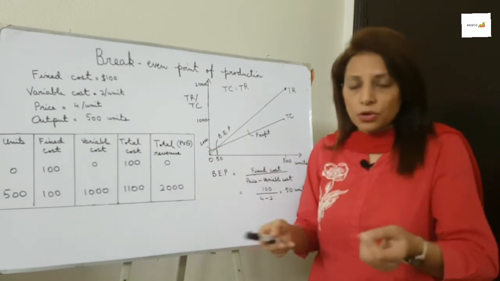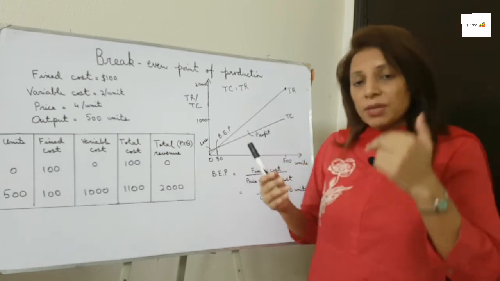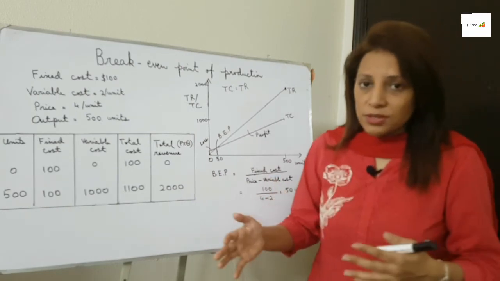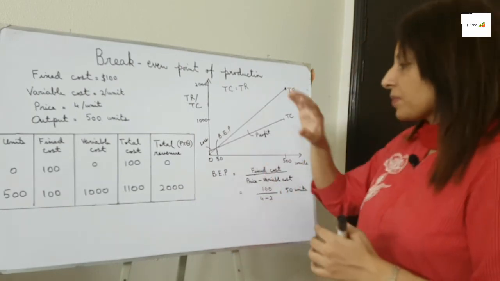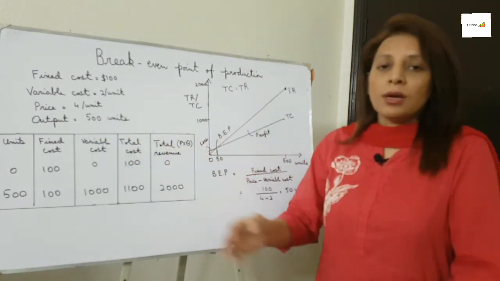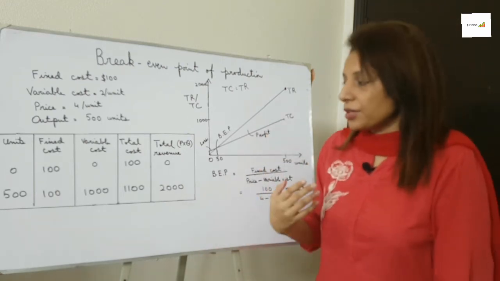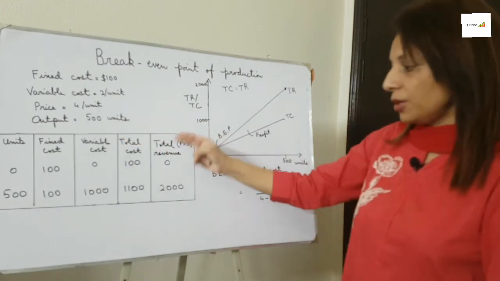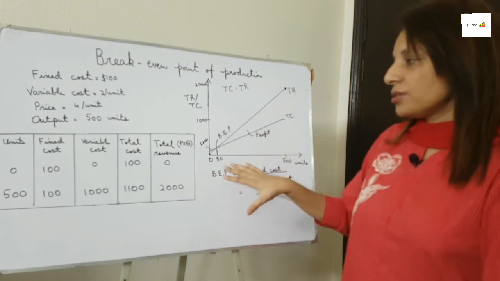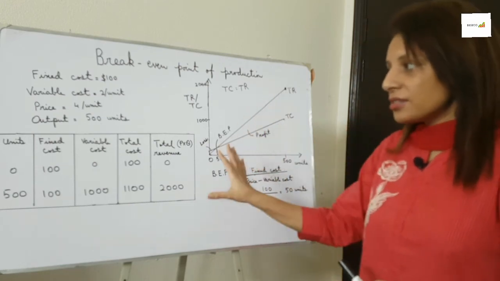Variable cost, again, raw material gets expensive. You have to pay more to the workers if there are higher minimum wage laws set by the government. We have to change prices even. Sometimes we have to decrease the prices to attract more customers and all. And then these 500 units. We might not be able to sell all these 500 units. Maybe some units are faulty. Some units people are buying and they might return those units. So it means it is not possible to get exactly this amount of total revenue. So these are different limitations which we don't assume while calculating this, and that's why the authenticity of this analysis might be questionable.